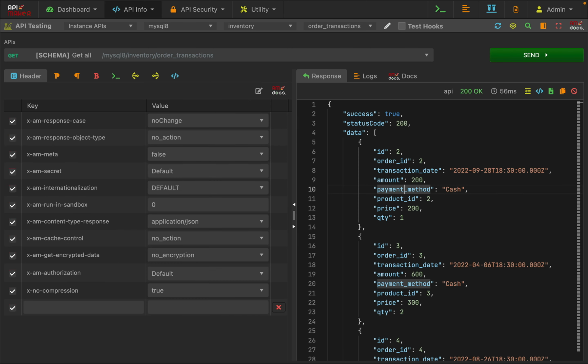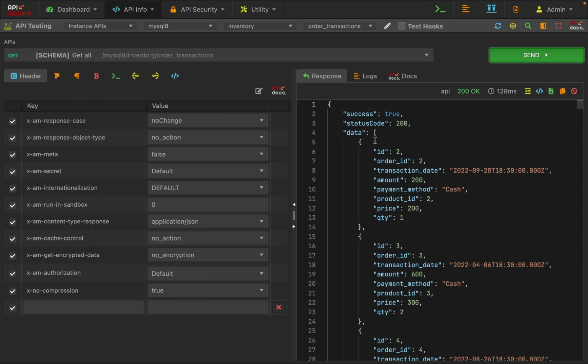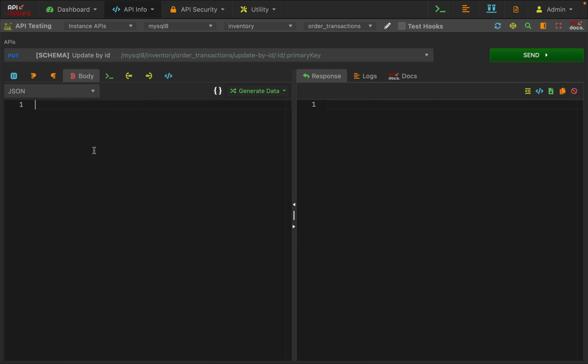So let's see first how many records we have there. We'll simply hit the get all API and we can see we have a record with ID value 2. Now we want to update the payment method. So let's say copy entire object. ID is going to be 2 and in our body payload